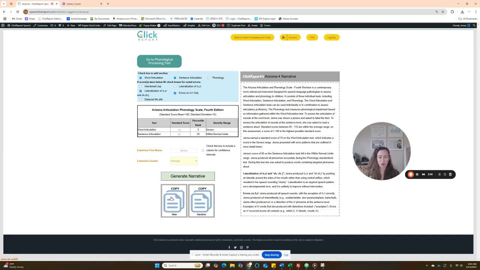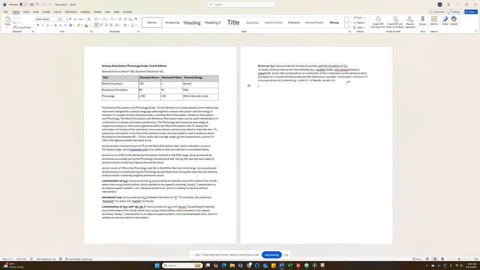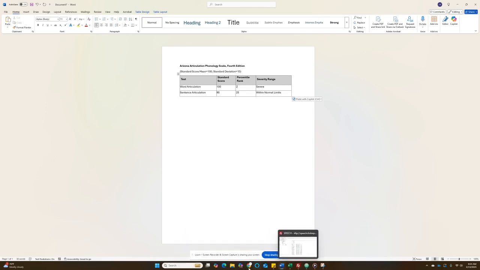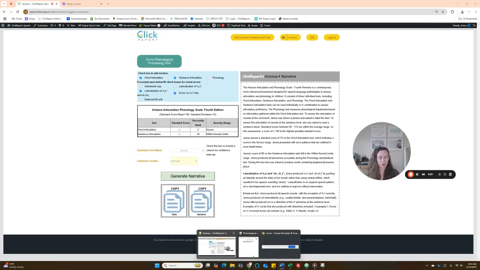And after I have all this information and it looks good, I'm going to take this information and paste it into my report by clicking this copy table button and going over to wherever I write my reports and pasting the table. As you can see, everything carried over. And then from this point too, I'm able to make any changes I need to this table or add any information that I need to. And then same thing with our narrative. Once you take this narrative, you're going to copy the narrative